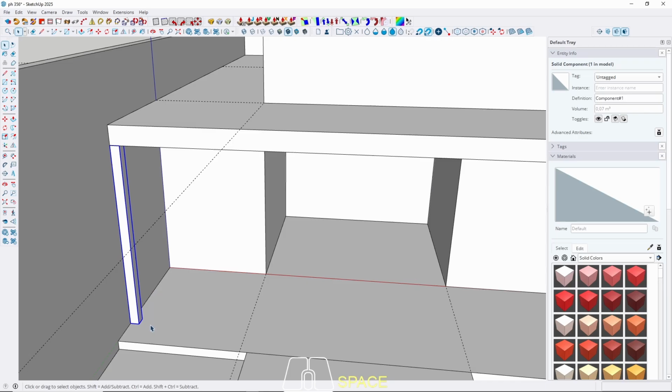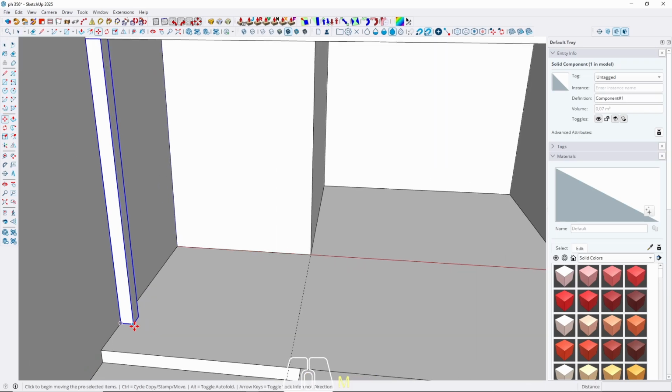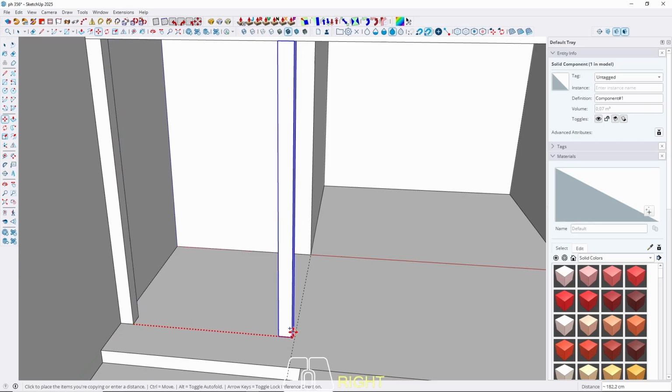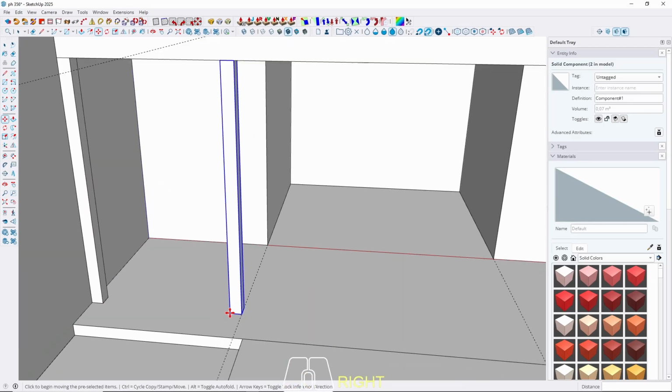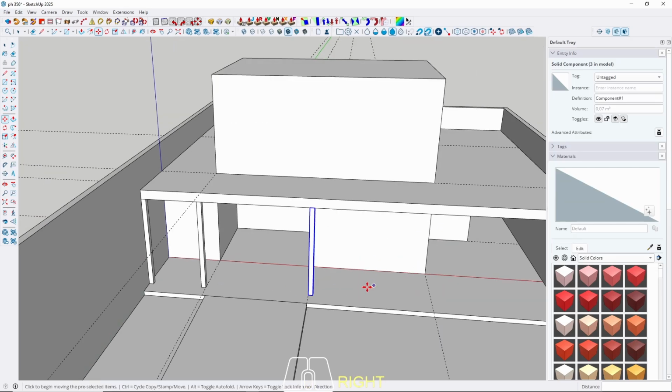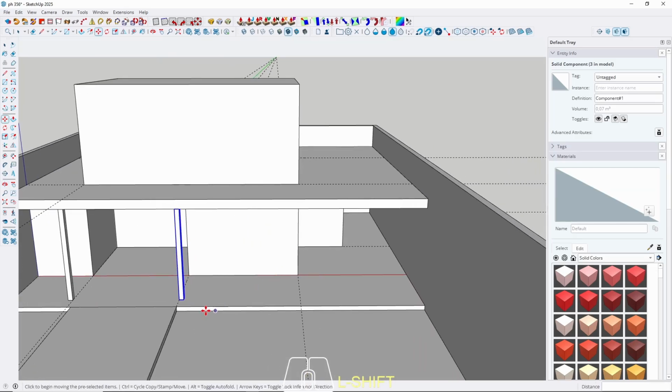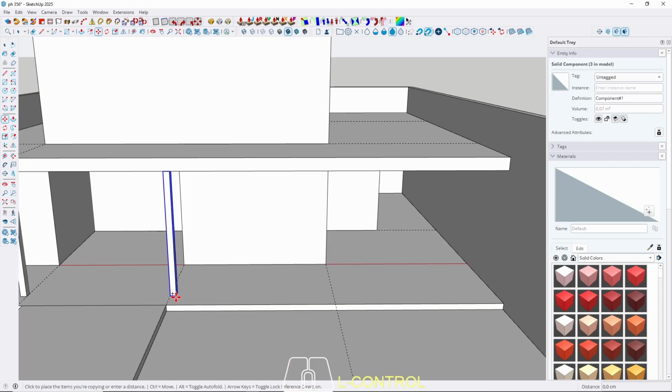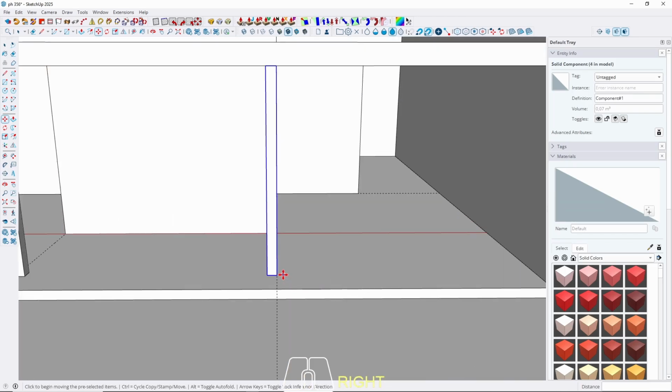And then let's align with this mass or this wall. Let's align them. Copy again. Make it align to every grid. Okay, right here, and then right here. Okay,